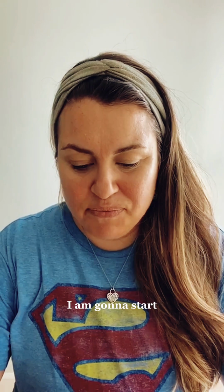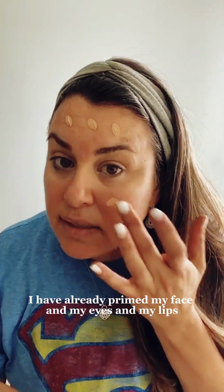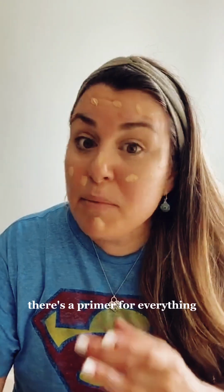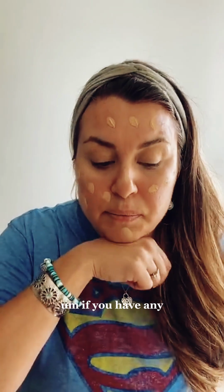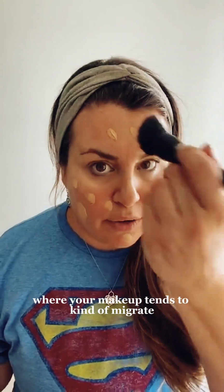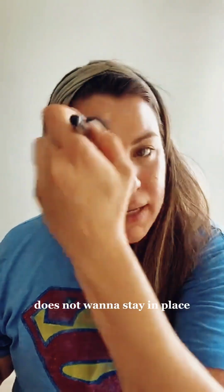So I'm gonna start with my foundation. I have already primed my face and my eyes and my lips. There's a primer for everything. If you have any particular area where your makeup tends to migrate, does not want to stay in place,